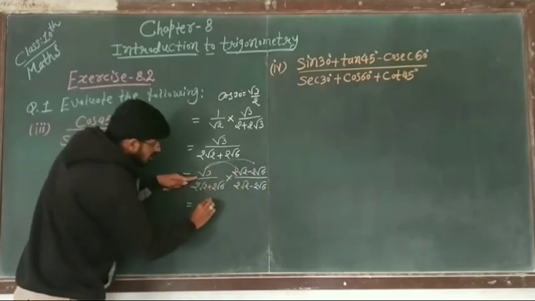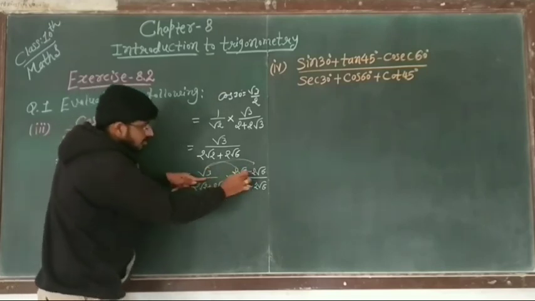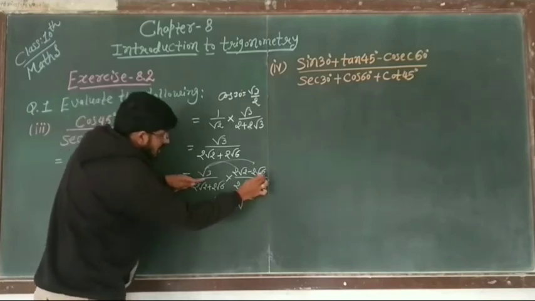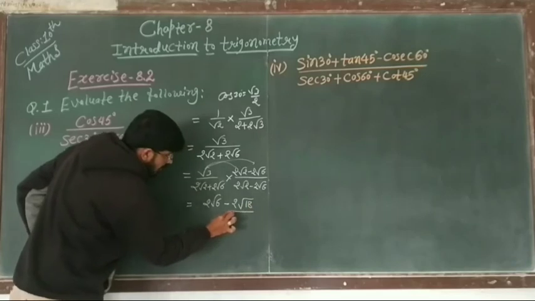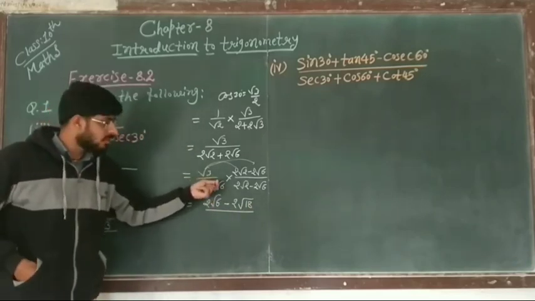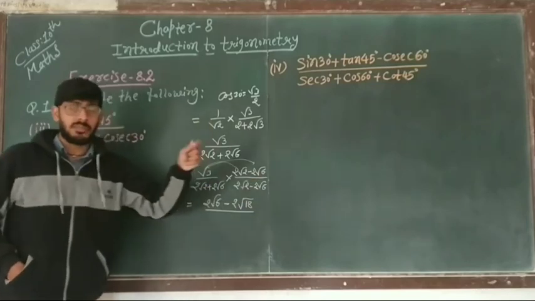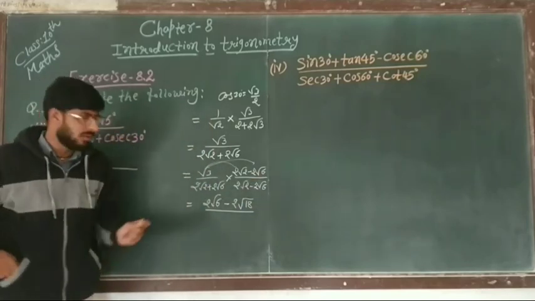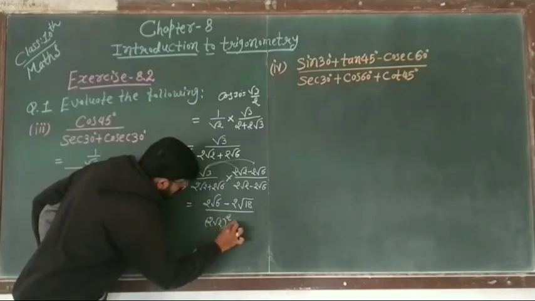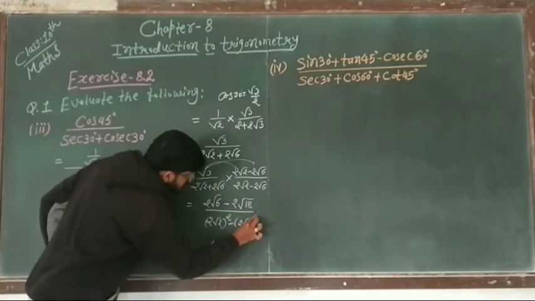So we get, now here we have to multiply root 3. So we get 2 root 6, because again 3 twos are 6, minus 2 under root 3 6s are 18, and upon, in denominator we can write 2 root 2 plus 2 root 6 into 2 root 2 minus 2 root 6. It means we can write a square minus b square form. So we can write 2 under root 2 square minus 2 under root 6 square.